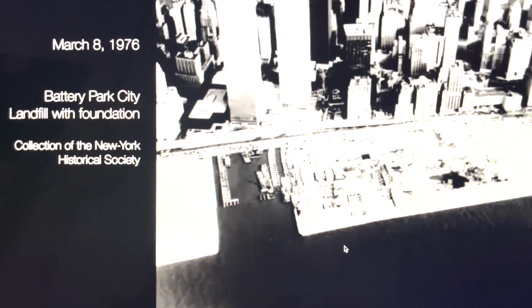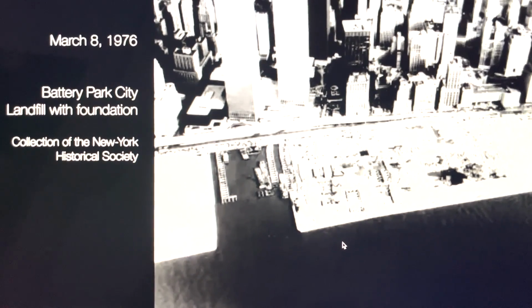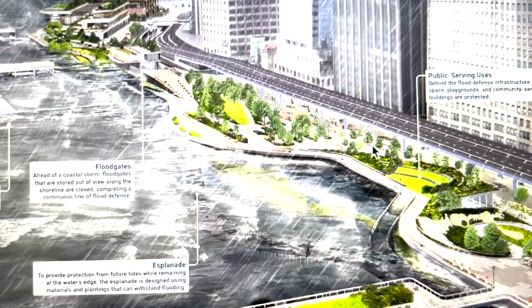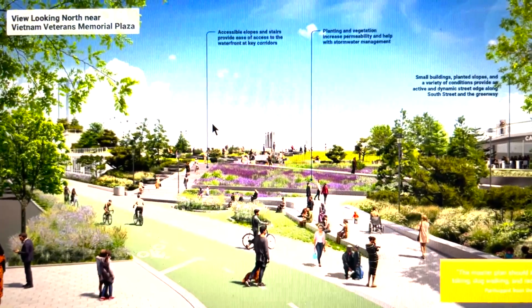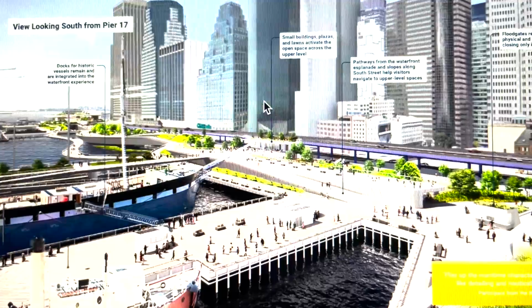in the 1700s. In the 1970s, landfill was used in the creation of 92 acres that comprised Battery Park City. The initial 24 acres utilized 1.2 million cubic yards of material from excavations of construction of the original World Trade Center. In the 21st century, largely in response to Hurricane Sandy and to a lesser degree Hurricane Ida, additional land reclamation projects along the shoreline have been proposed as part of climate change adaptation to mitigate the effects to Manhattan Island